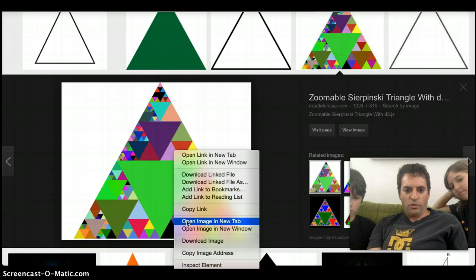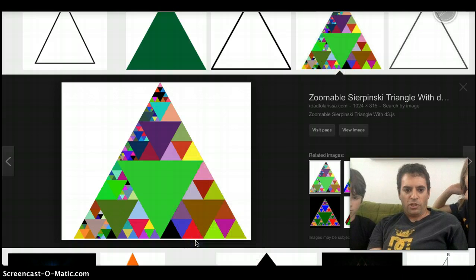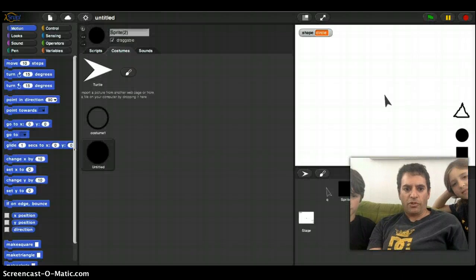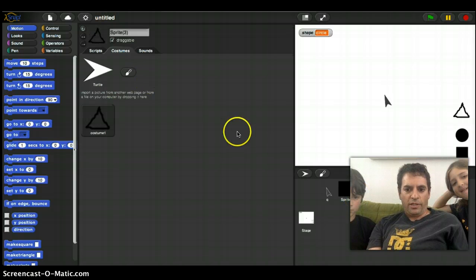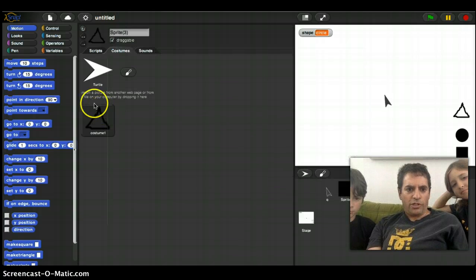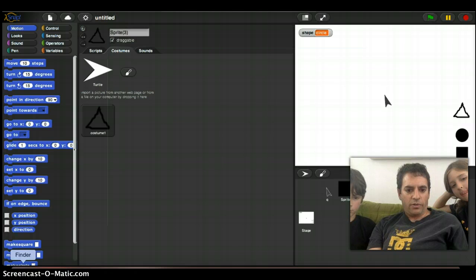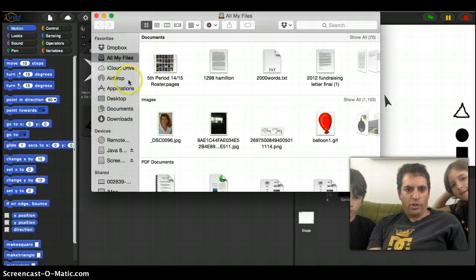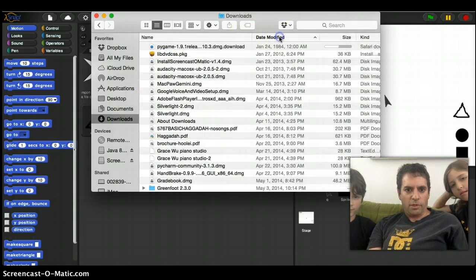Now I'm going to drag this onto, let's see, save image as, download linked file. Open image in new tab. Download image. There we go. Now I've downloaded this image, and I'm going to find the image. So my triangle one, which is here, I'm going to import a new sprite, paint a new costume. That's not what I want. Instead, it says you can drag and drop a new costume there. So what I need to do is get to the Finder, find where I downloaded that bad boy. Okay, downloads, and date modified,